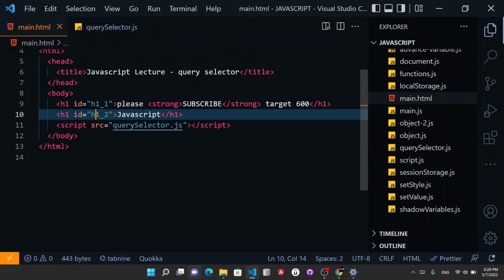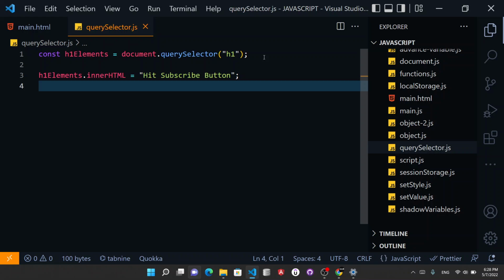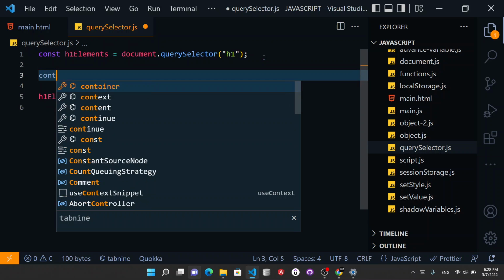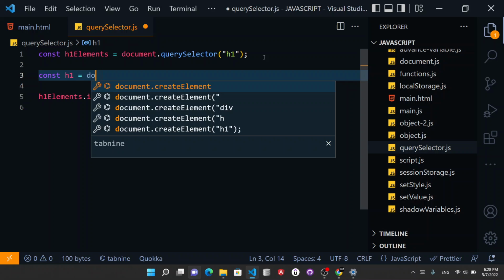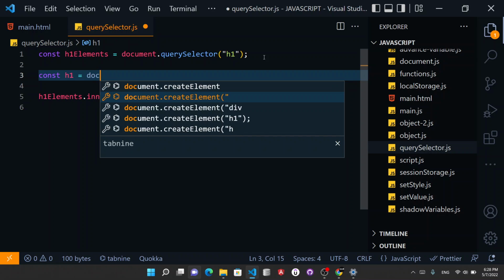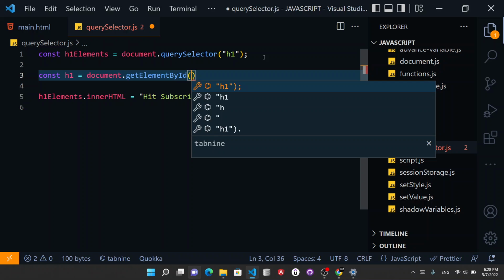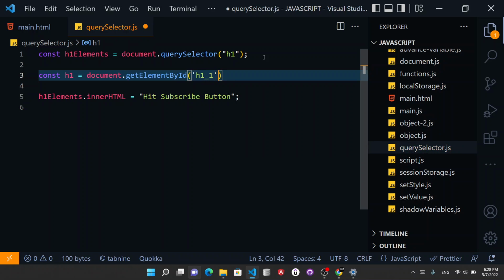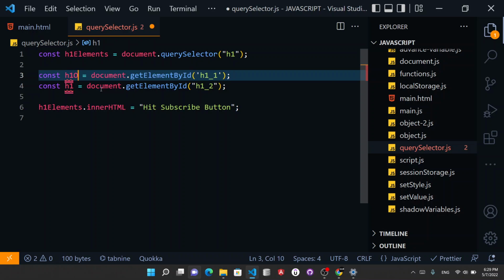So now if you want both h1 tags, you need to then use, let's do it fast, h1 is equal to document.getElementById. You need to use h1 1, and then I'm just going to duplicate this to the next line and going to use like this. Let's do it 1